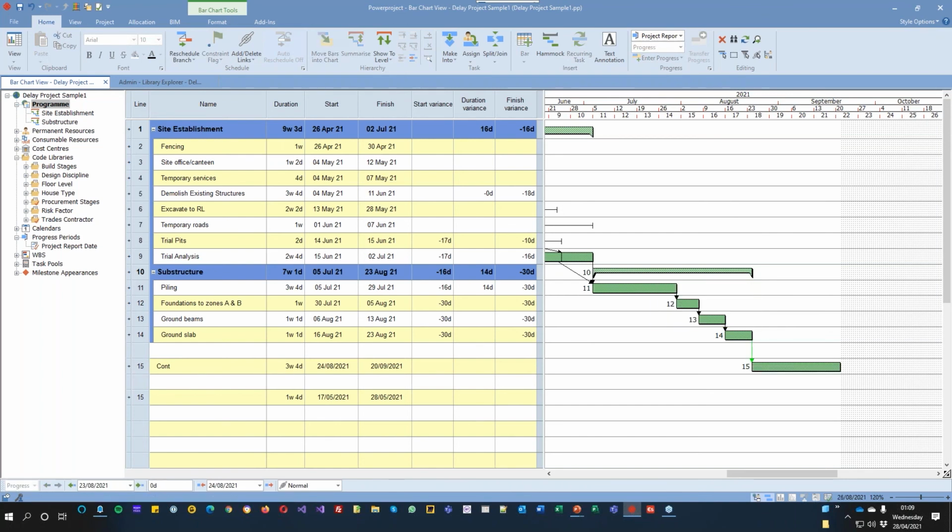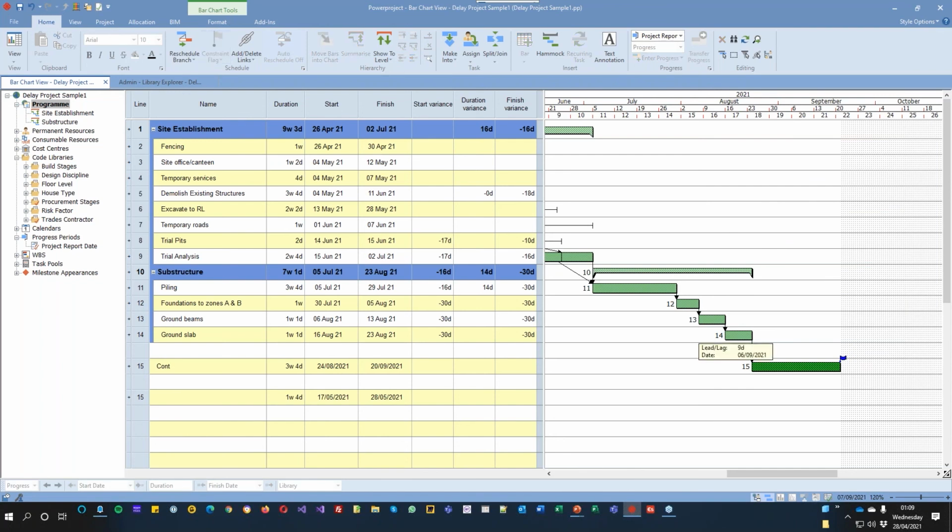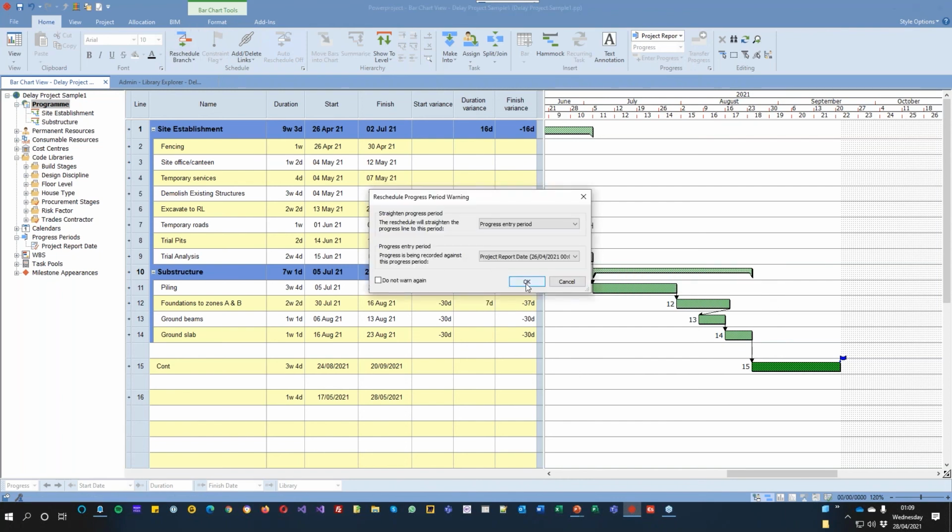I can link that in, and I can choose to make that into a buffer task. A buffer task means it will fill that gap. So if I reschedule that, it's fine. But if I then make a change here and say we've got a further delay of a few days, and I reschedule that,